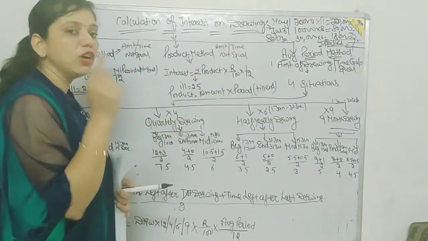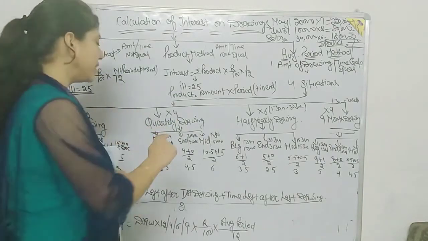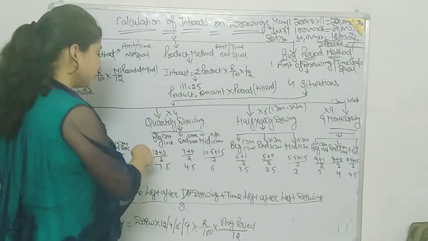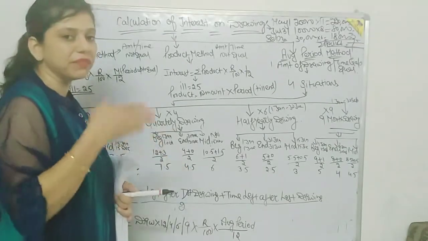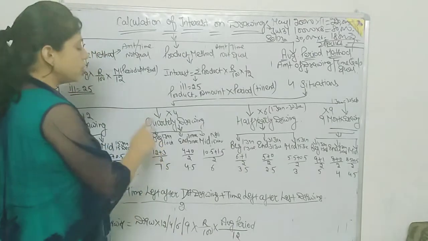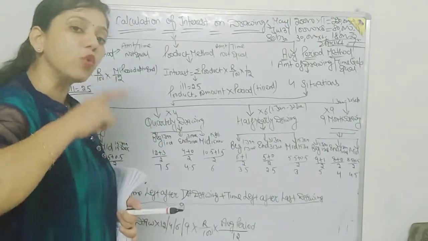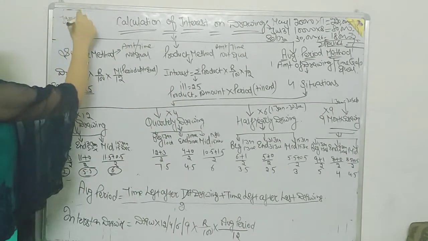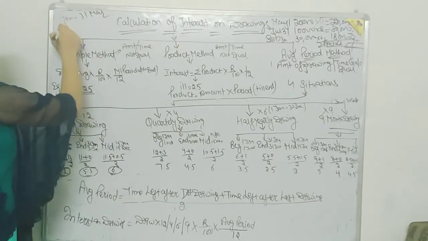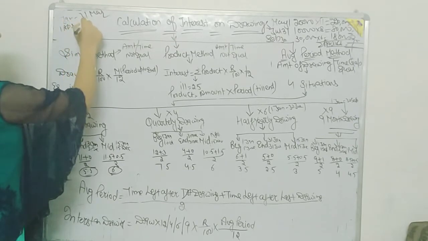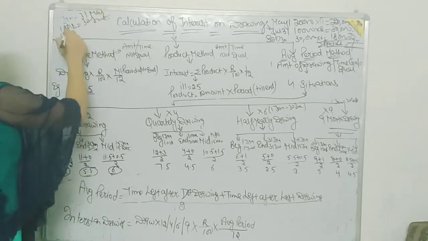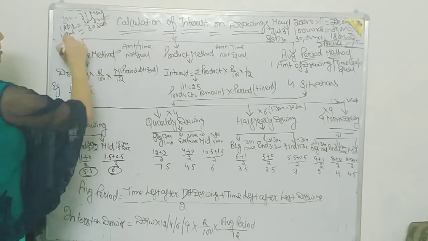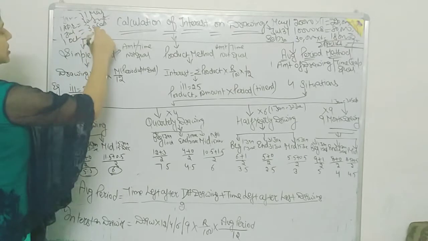If at the beginning of every quarter, the first quarter begins on 1st January, so time left after 1st January is 12 months. 1st January means January is not yet completed. And the last drawing at the beginning of every quarter: as we know, the first quarter is 1st January to 31st March, the next quarter is 1st April to 30th June, the next is 1st July to 30th September, and the next is 1st October to 31st December.